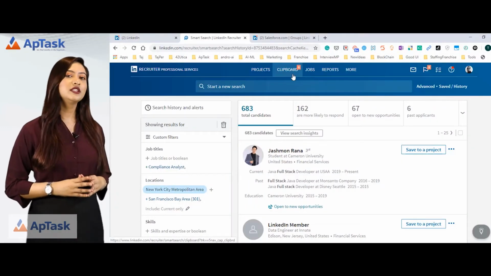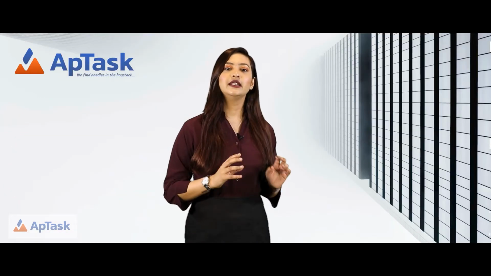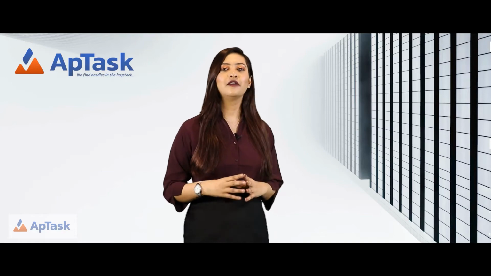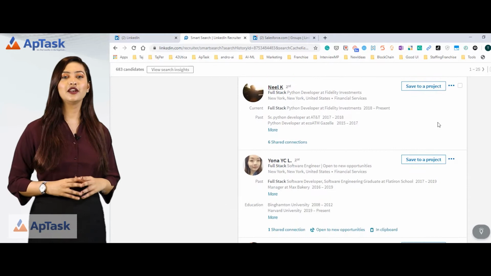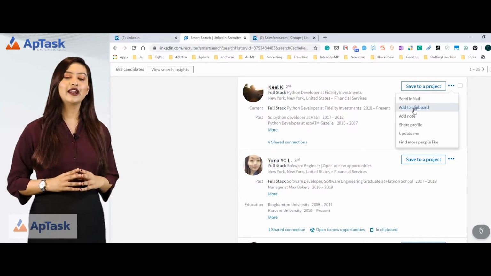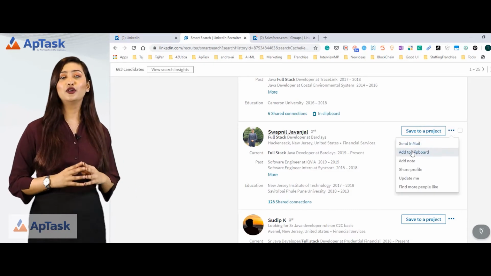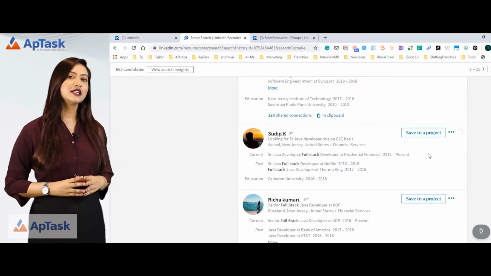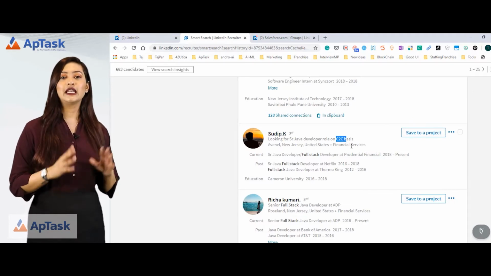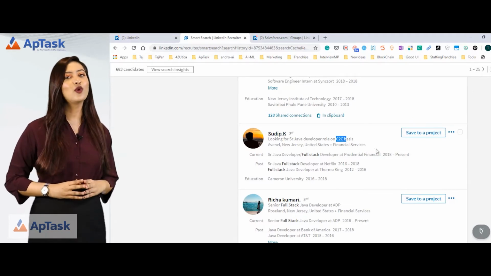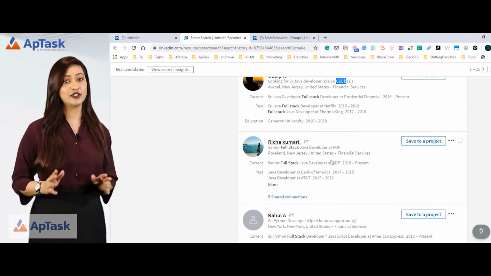The reason we add these people to the clipboard is that we want to send an email to all of these people after we shortlist them. Let's add a few more people here and continue adding, full stack Java developer, add to clipboard. Person working at Barclays could be a good candidate. This person is looking only for C to C, that means that person is an H1 candidate and we want to skip this person because the position we have is a full-time position.